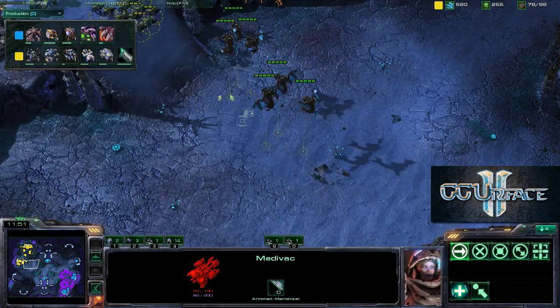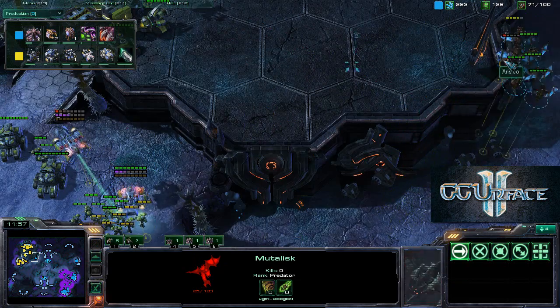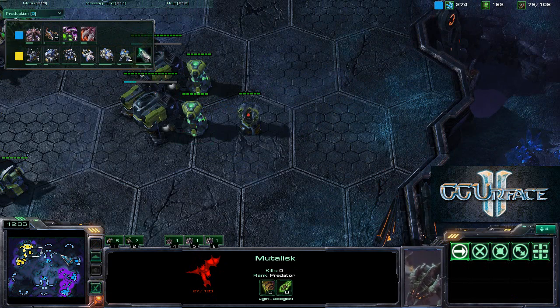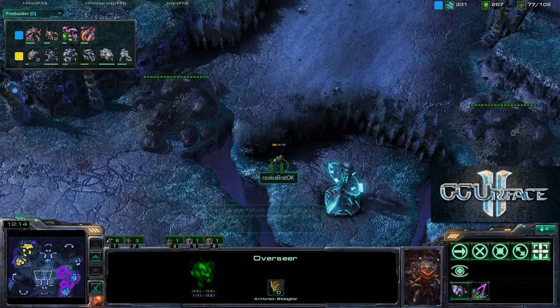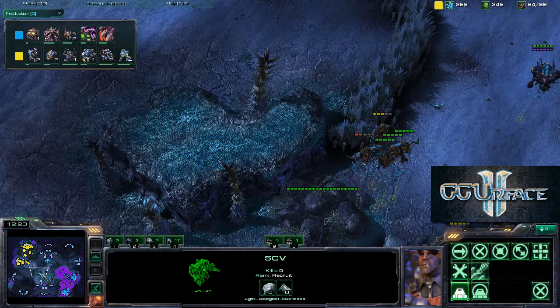Glial Reconstitution is being upgraded. He does take down one SCV, and he might lose a Mutalisk. The Mutalisk does run away in time. Very close to death there. About 4 more shots. Ooh, he takes a shot from the missile turret, but the missile turret actually shoots a fully alive Mutalisk, so he was able to prevent his death there, and the Overseer is going to walk around with these Mutalisks. Not walk around, they're air walking actually, and BratOK is coming here, putting down a missile turret,